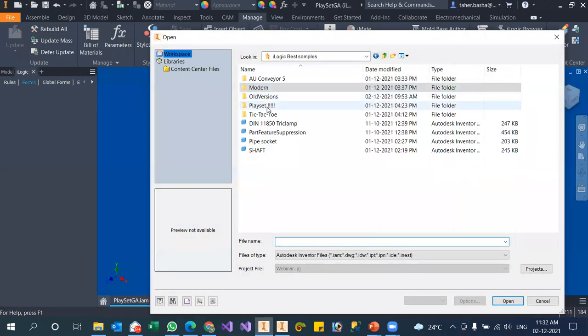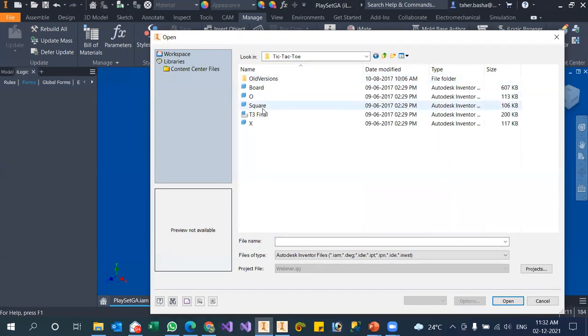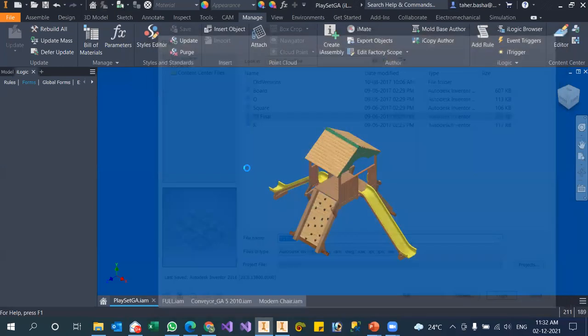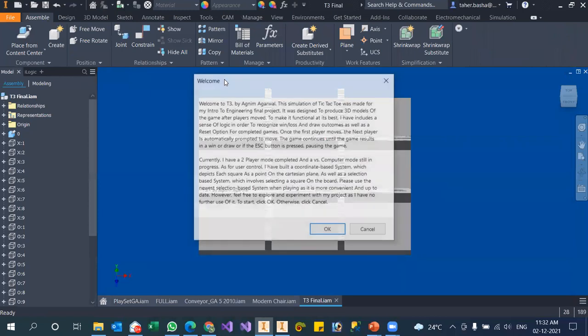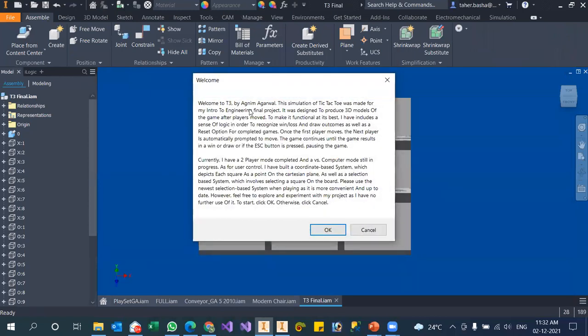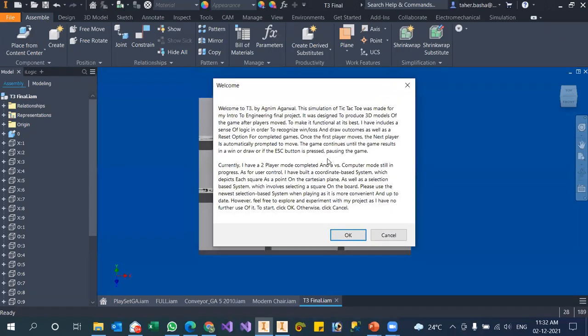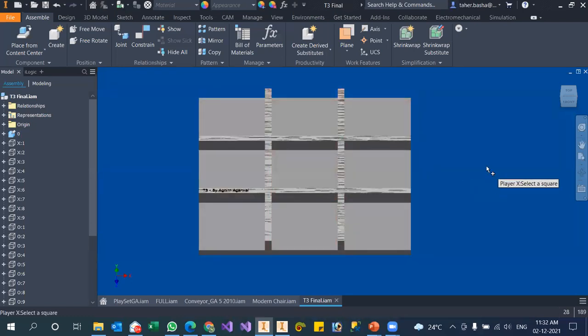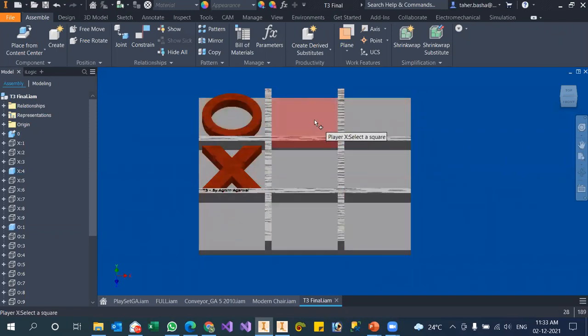The last model I want to show you is where you can play games in iLogic. Now the game is telling here, welcome to the T3 something, welcome note. And now it is a tic-tac-toe game. You just have to click that base, and it will add the feature in it. Click, it will add the feature.